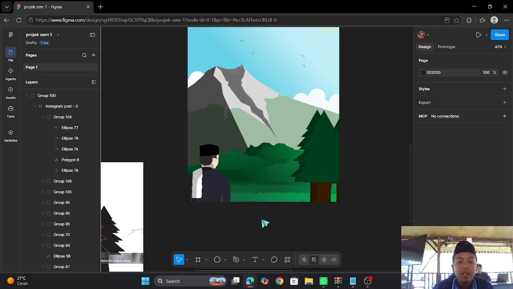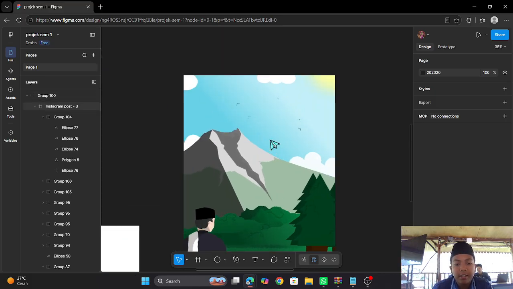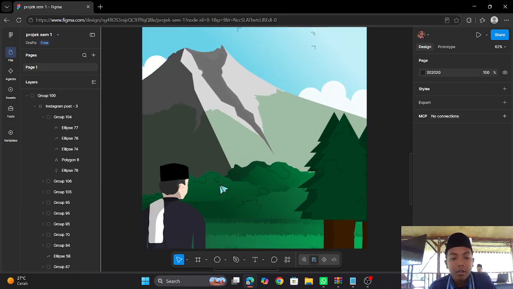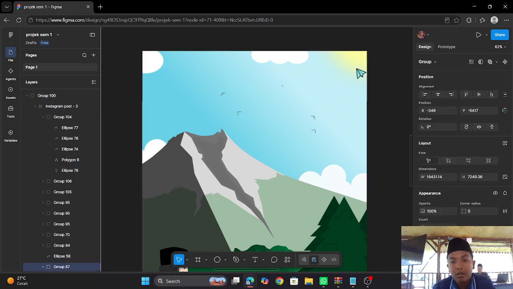Without PNG. You might look at this. If you look at it for a brief second, you might think that I made this using a PNG. Actually, I did not. Okay, so I forgot for the line. You can copy paste it into many, and it's for the leaves illusion. And then there is the sun.